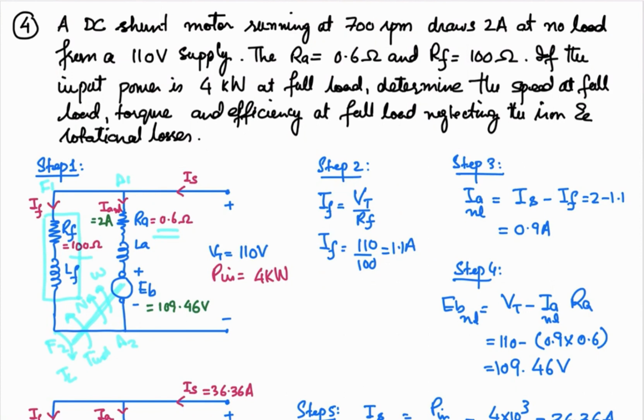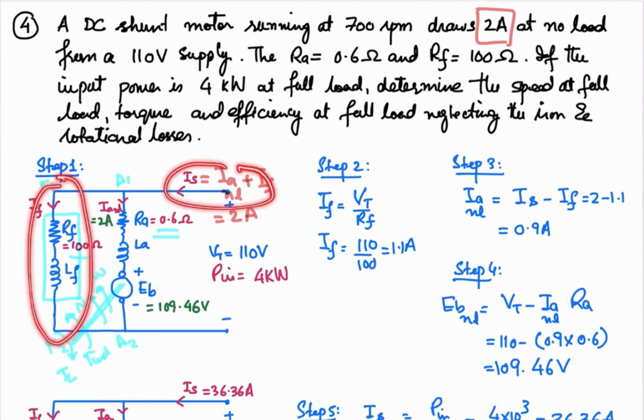Okay, so now what will be this supply current? Supply current will be equal to the armature current at no load plus the field current. So the supply current is known to us, that the machine is going to take 2 ampere, right? So this is 2 ampere, and we know about the field current, that is the current in this branch. So supply current is known. Taking the difference of these two will give us the current in this armature at no load. So armature current at no load will be supply current minus the field current. So 2 minus 1.1, 0.9 ampere is the current that is going to flow in your machine at the no load